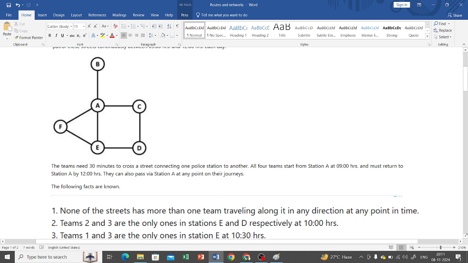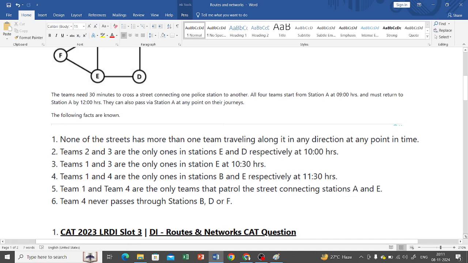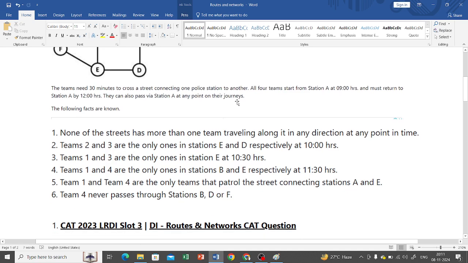The following facts are known. None of the streets has more than one team traveling along it in any direction at any point in time. That means, say for example, if I choose the path ED, then